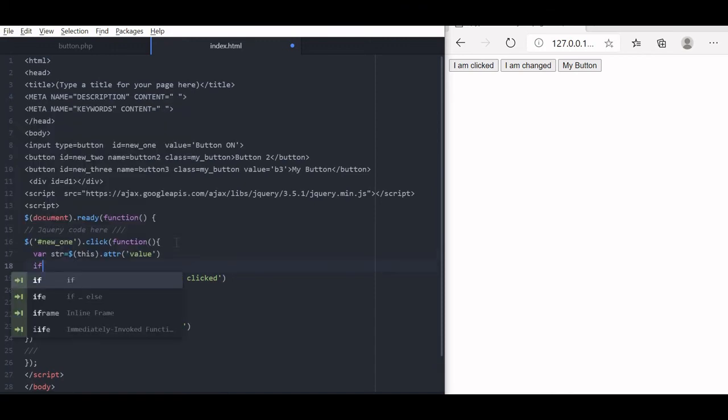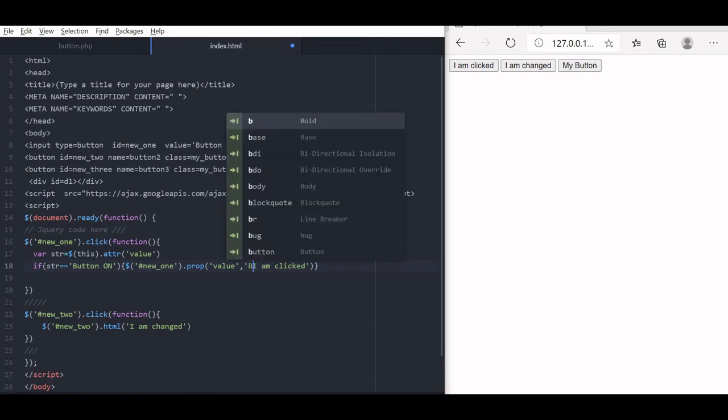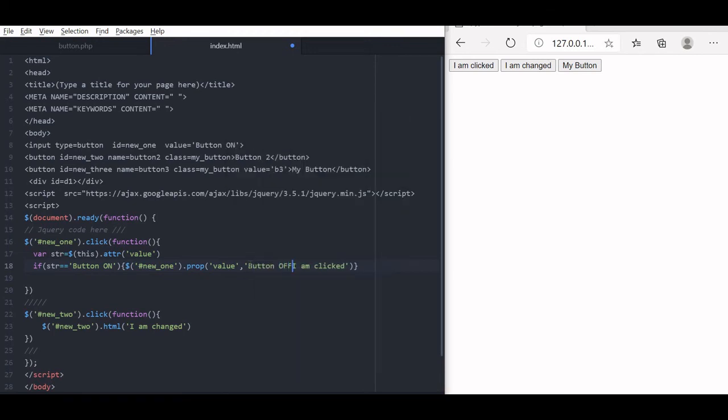Now if str is equal to "button on", then what should happen: this part I will cut and put it here and say "button off". If it is on, make it off, fine.